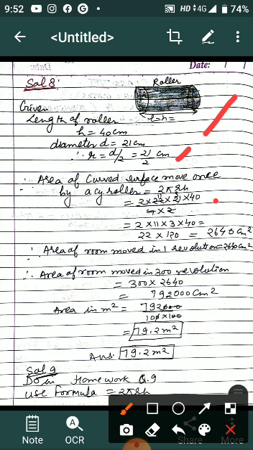Now what is given here? We have to find out that it takes 300 complete revolution to move once over to level the floor of a room. Suppose you want to level something, level a room, or get something constructed there, to do the leveling it takes 300 complete rotation. And find the area of the room in meter square.